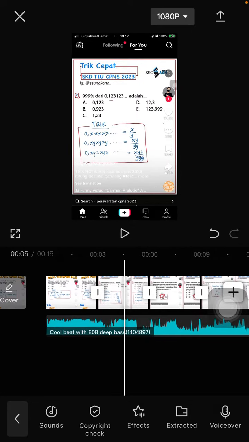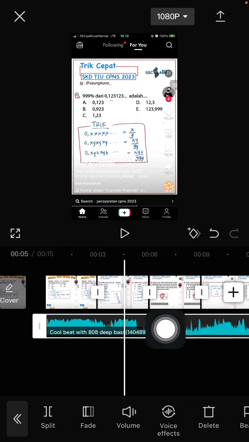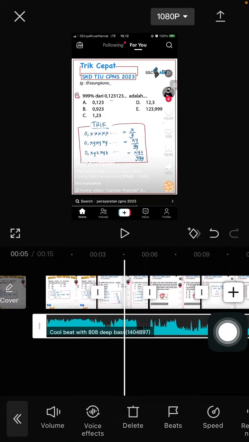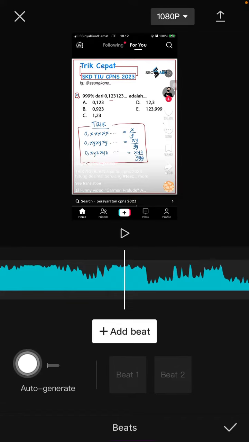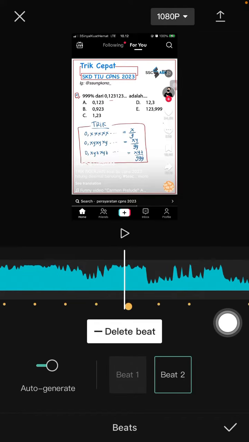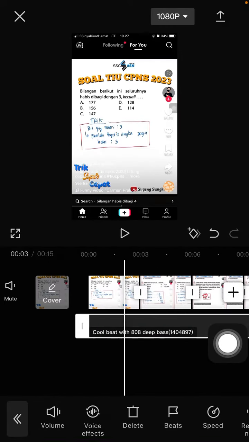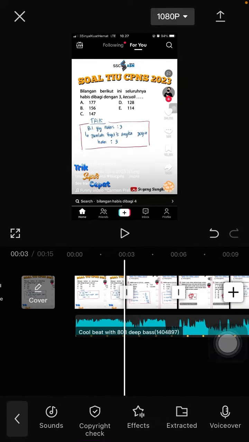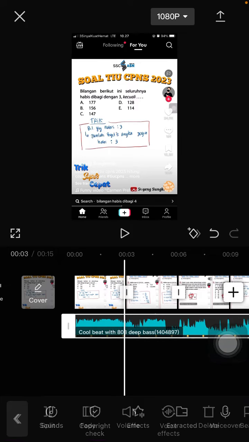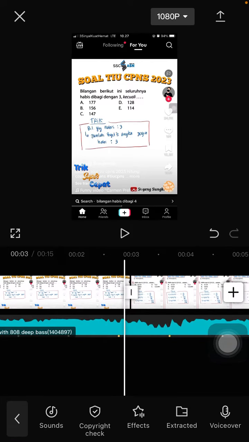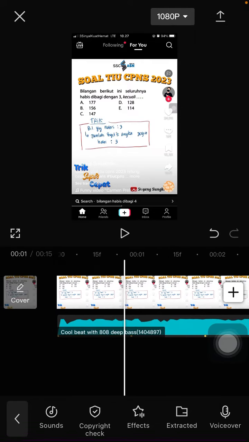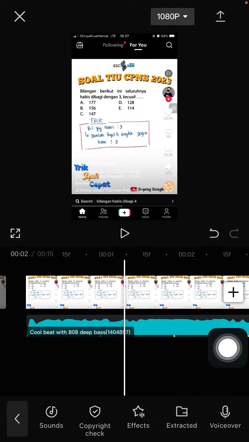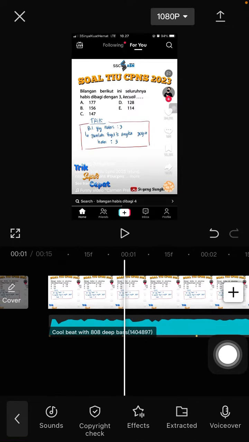So to sync, you can click on the music and select the beat to add the beat. So I'm going to select auto generate and just click check mark. So you can see for the beat yellow dot, and all you have to do, you can